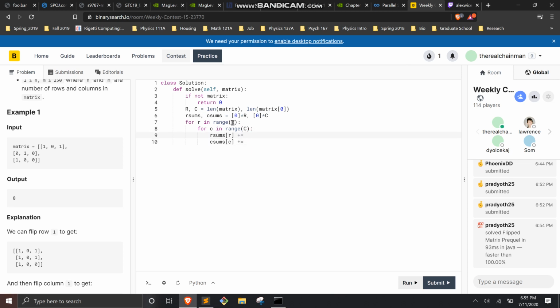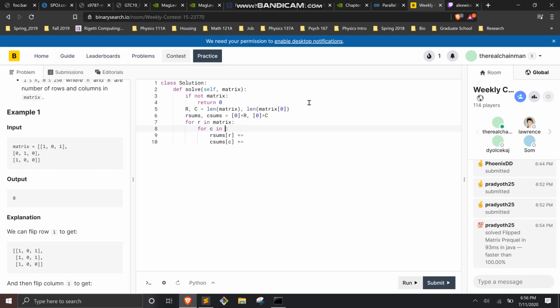To do that, I could iterate through, I guess go through R for R in matrix, I guess. So it's going to get each row, and then for each row I'm going to, I guess,